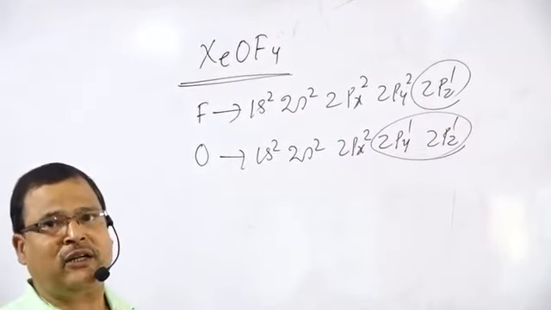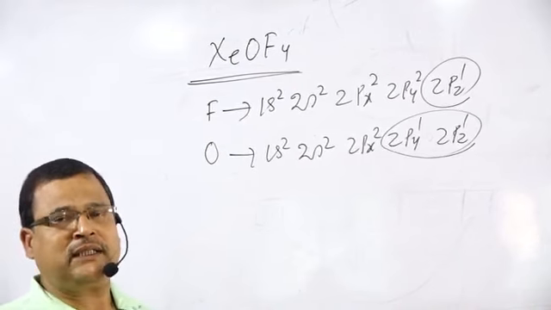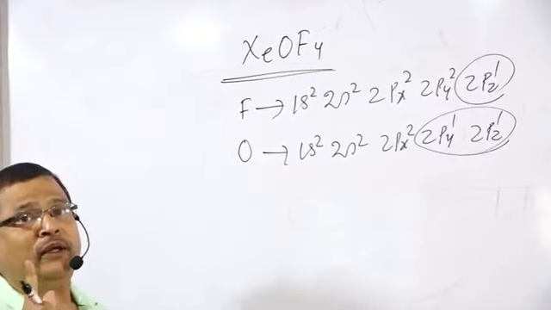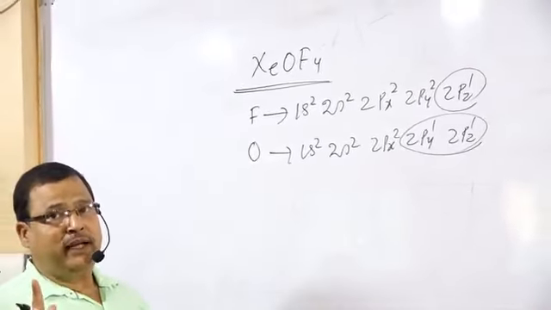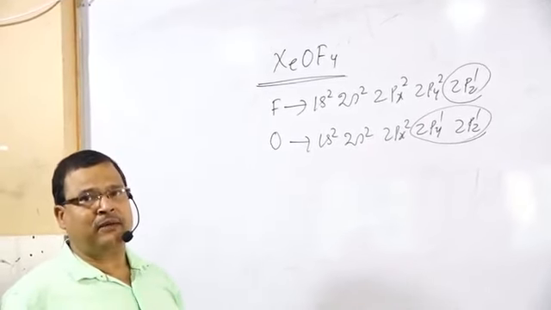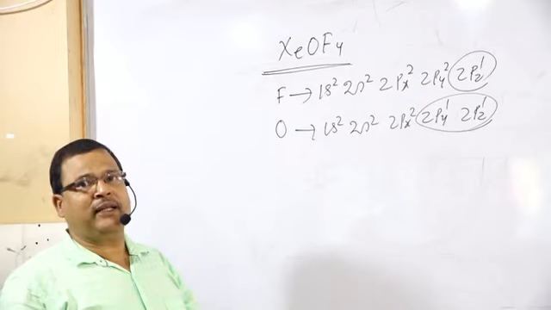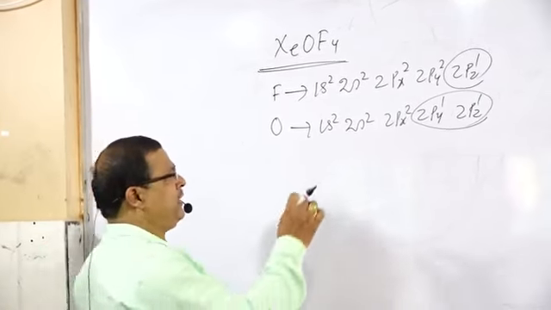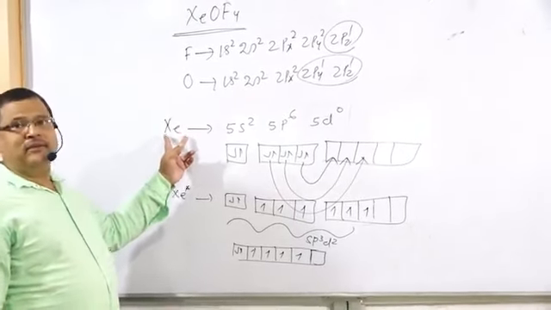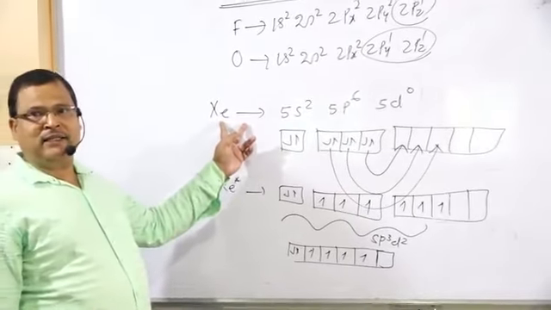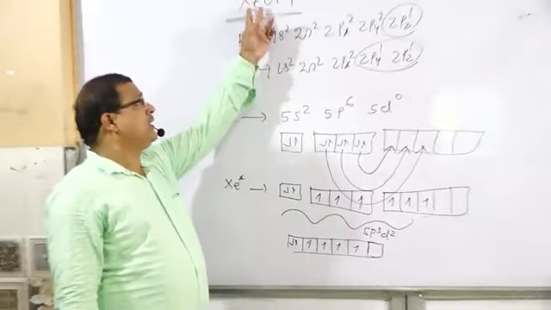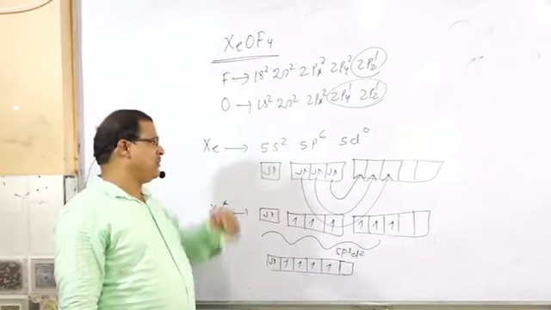Means xenon atom must make the ability of 6 unpaired electrons. And among them, one will be unhybridized. Mind it, one will be unhybridized. Otherwise, there will be no formation of that pi bond. It will not intermix in hybridization. One will be in unhybridized orbital. Xenon atom is having the hybridization sp3d2 in xenon oxygen tetrafluoride compound.